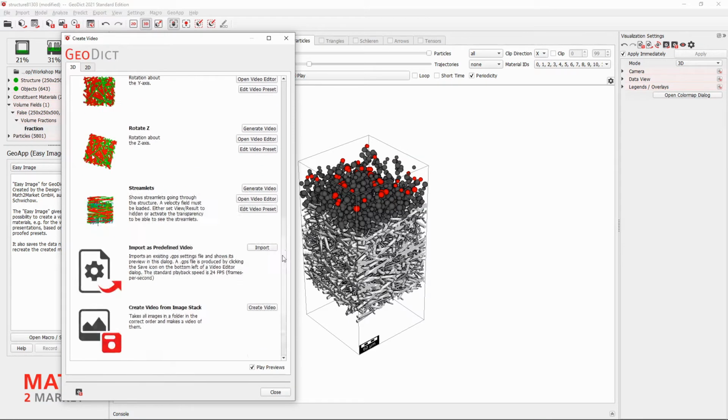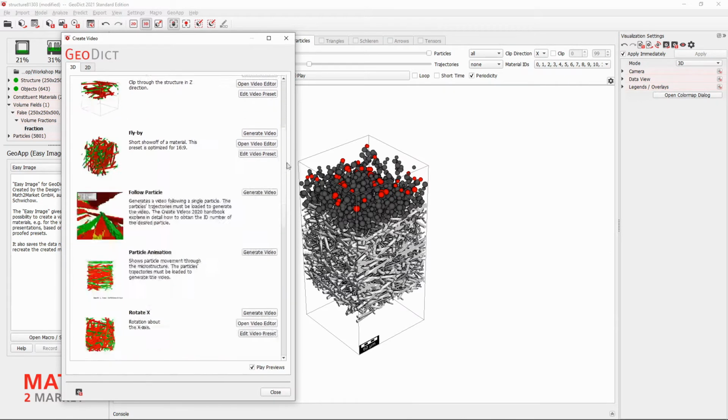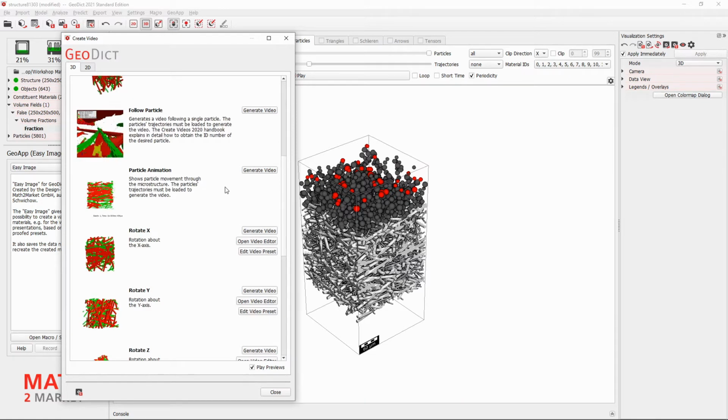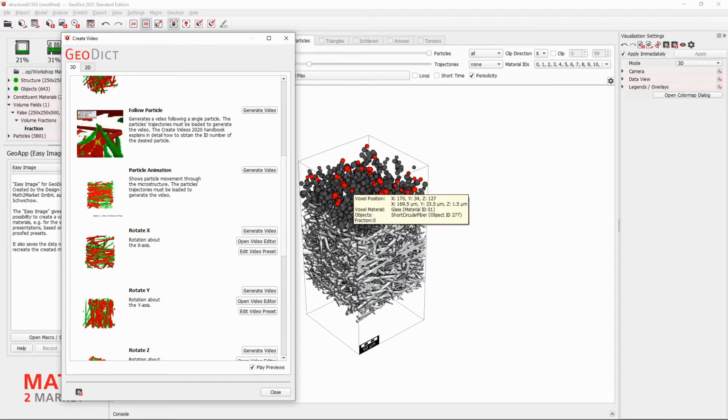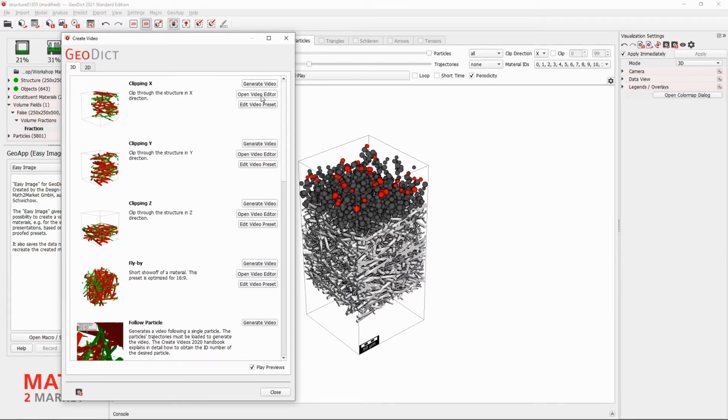Every video can be quickly created from the preset by choosing Generate Video. However, it should be noted that the necessary data, for example for the particle animations, must be available and loaded. Each video preset can also be opened and edited in the video dialog editor by clicking on the Open Video